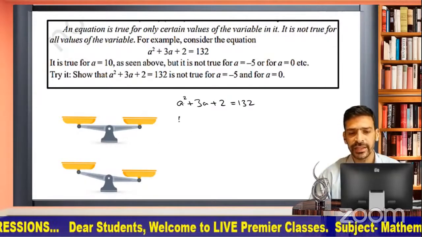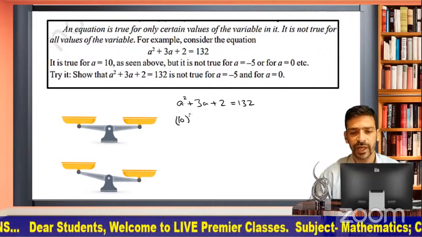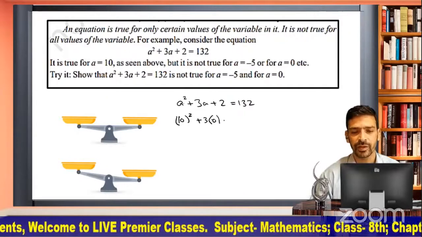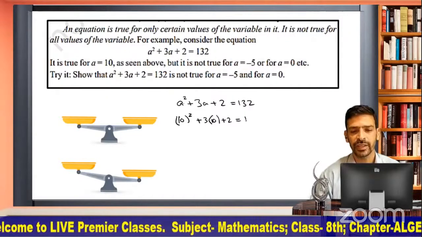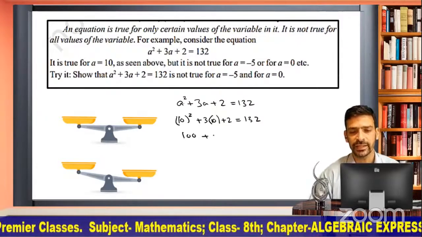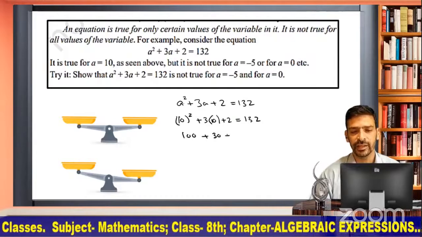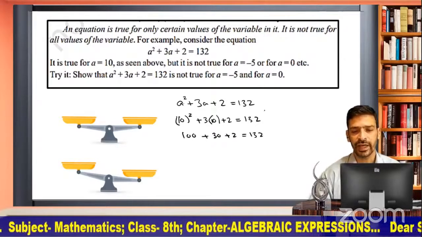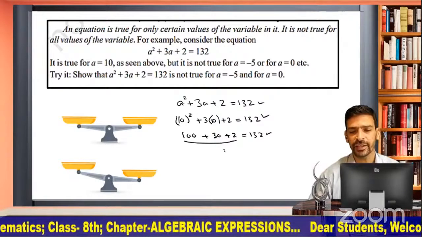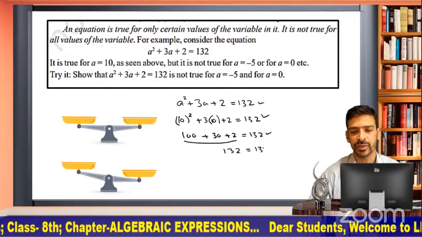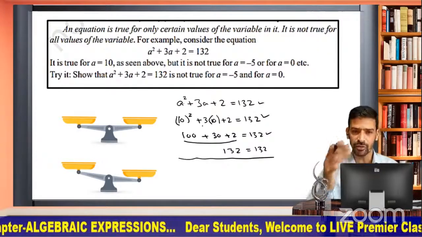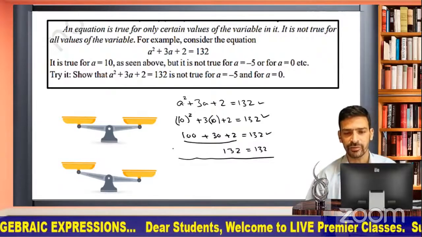Taking a as 10. 10 square plus 3 times 10 plus 2 equals 132. 10 square is 100, 10 threes is 30, plus 2, we have a right hand side, it is given. Okay? And you see, adding the left hand side, you get 132. So for the value of 10, the left hand side turns out to be equal to the right hand side. Let us check the same for